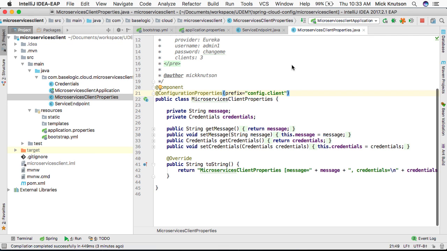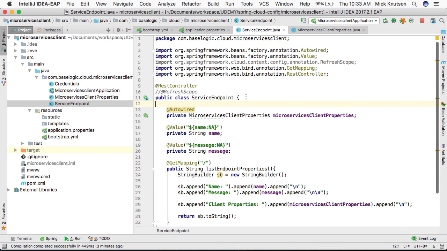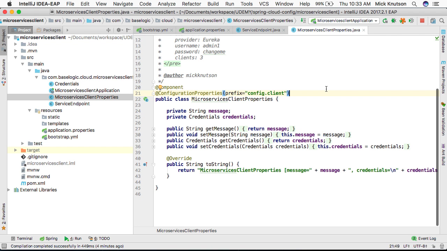But in this same client project, I created a service endpoint, which is a REST controller, but specifically, I want to point out that I do not have refresh scope enabled for the annotation. In another lecture, I will talk about refresh scope, but right now I want to talk about a special feature that our configuration properties has for being